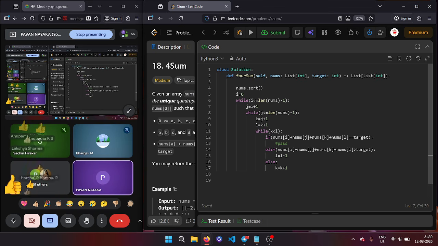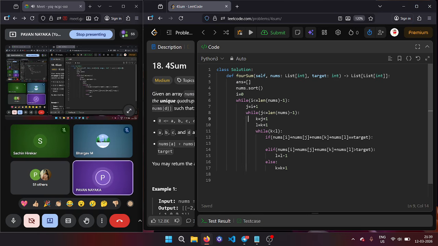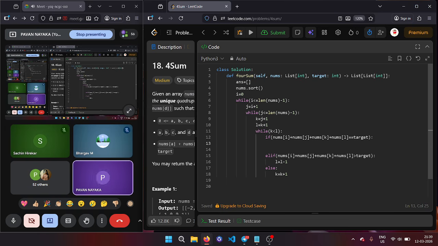Very good. Now see here, guys. If this condition is true, I'll create a list called answer. If this condition is true, I need to save this combination, or not? I'll create a temporary list.